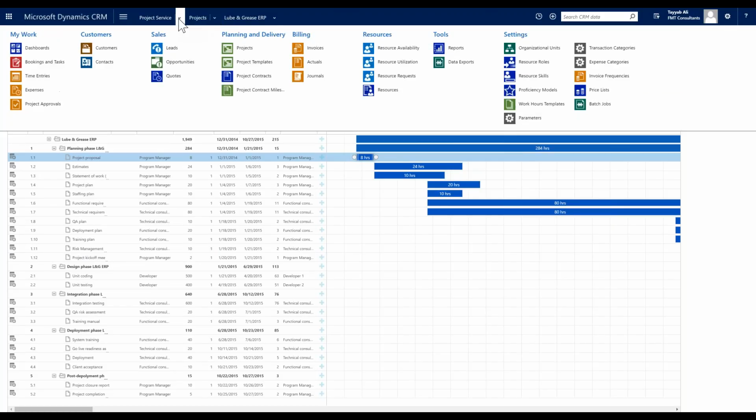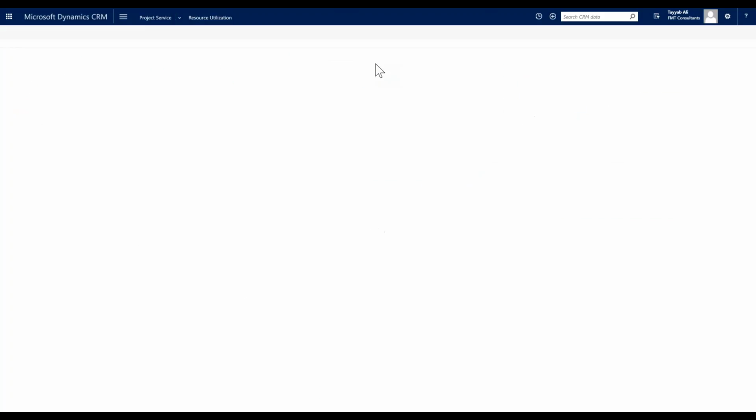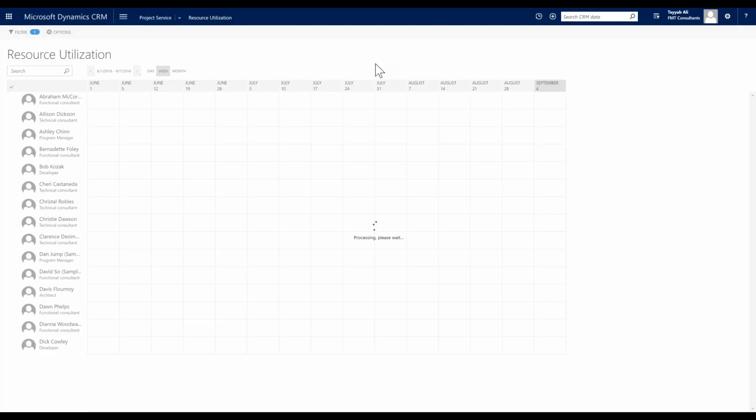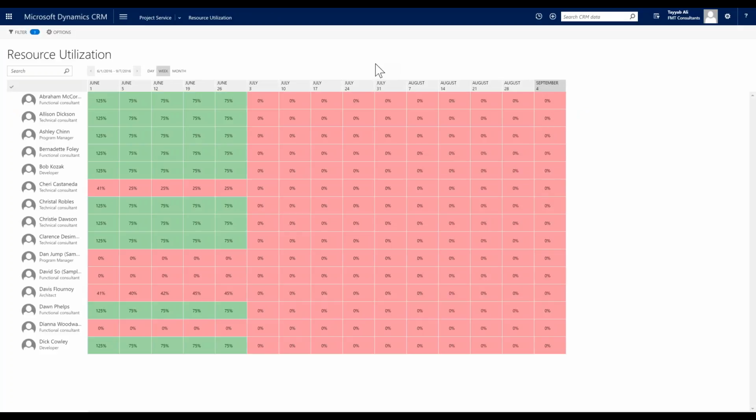Now let's take a look at what our resource utilization looks like. This is where I have my team and who, when, and where they're assigned to different projects. Now we've set goals in this system as being 75% utilized, and that's because we have to have the flexibility to move people around to different projects as they come in. We can't have people 100% booked, otherwise we wouldn't be able to deliver on new projects until everything else was closed down. So we have this margin where people are expected to be able to be used for a certain